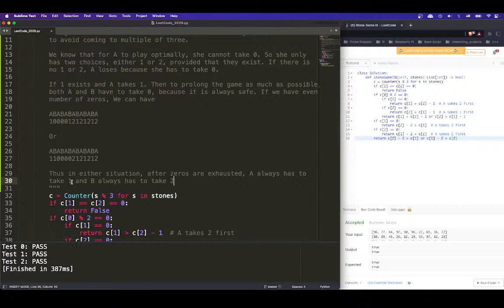Now A always has to take 2. A takes 2, B always has to take 1. Right? Thus,